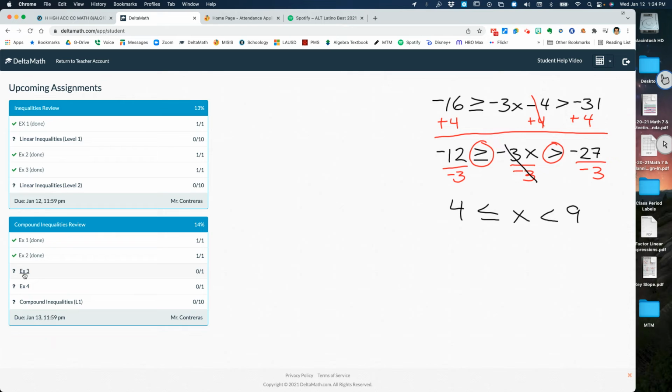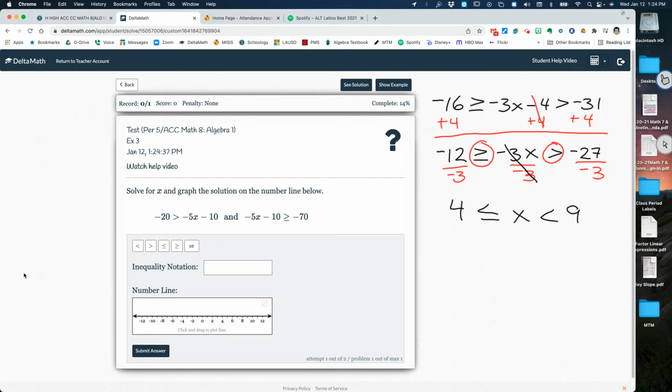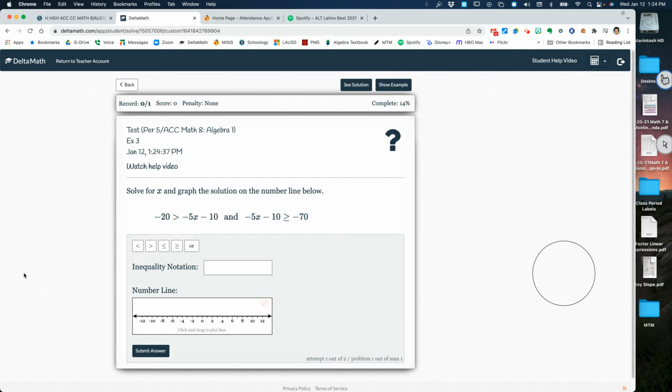Okay, we got 2 more. So this one's a straight up and, with the word and in there. So on this one, we may have to rewrite it. We might have to just rewrite it in the other form, okay? And there's going to be plenty of flipping, I can already tell. All right, so